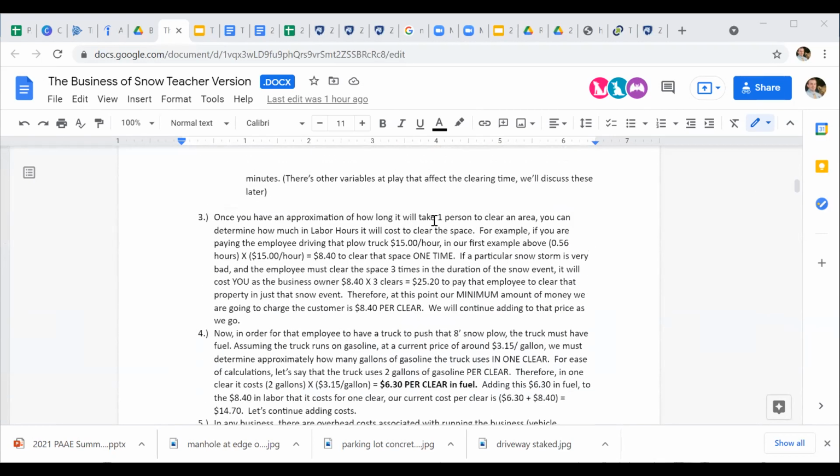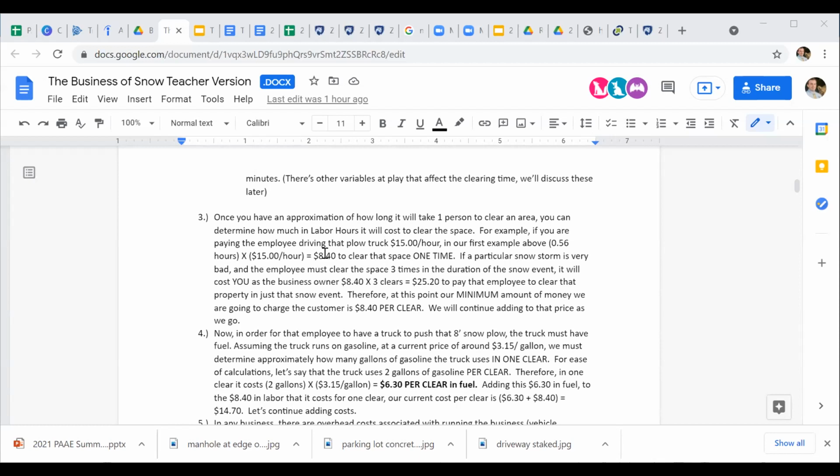So once you've determined how long it's going to take one person in one unit, one pickup truck, one person with a plow, now you factor in how much that person is making per hour of work. I used $15 per hour. Again, 20 is actually a more realistic number, at least in central Pennsylvania. It might be higher, it might be lower in your specific area, but